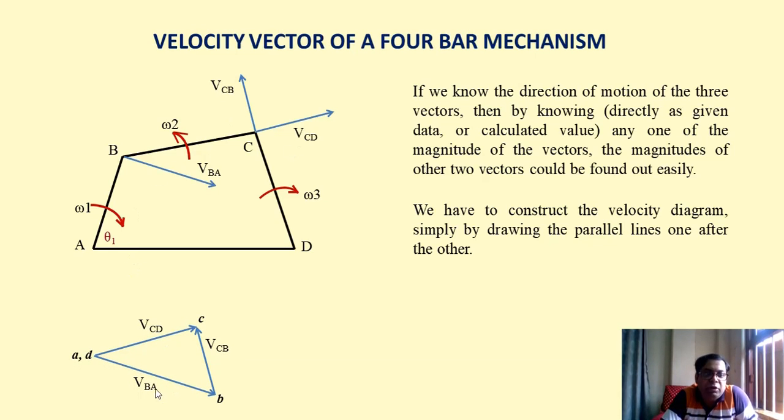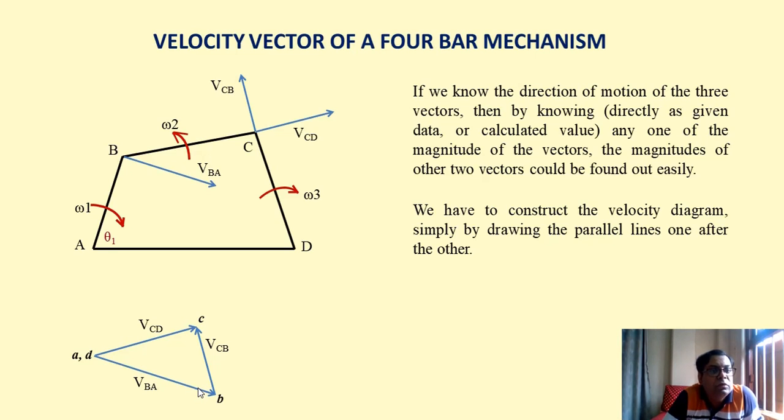So if we know the value of VBA, important thing to note is that point A and point D, that is the static link, so AD is fixed at this particular point. So with respect to AD, velocity of B with reference to A, that is VBA, is acting in the right hand downward direction. This VBA and the one drawn over here, they are parallel to each other.